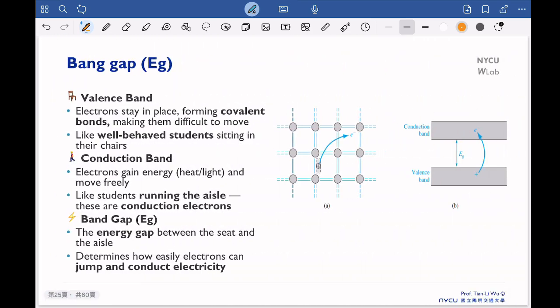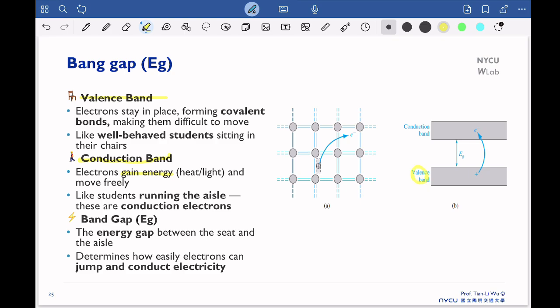Okay, so the next topic is the band gap. In semiconductor material, there's a very important material property that we call the band gap. We have what we call the valence band here. We can imagine that the valence band is the place where the electrons stay, forming the covalent bonds, just like well-behaved students sitting in their chairs. And then we have what we call the conduction band here. Once the electrons gain some energy,